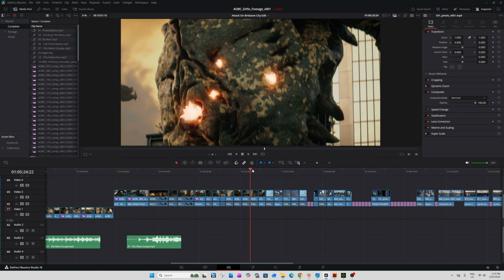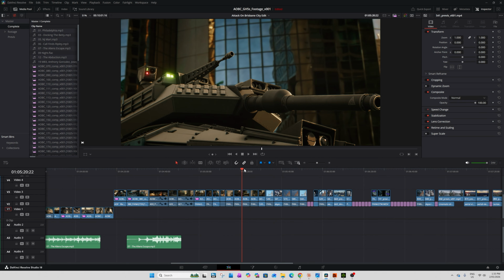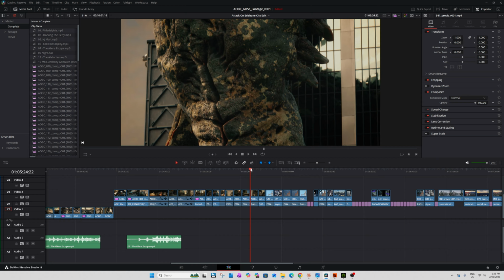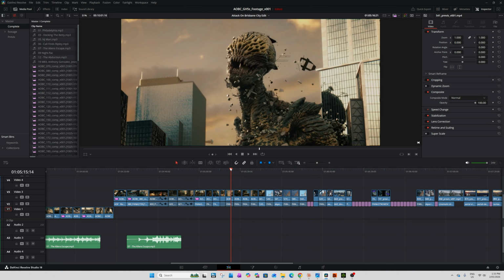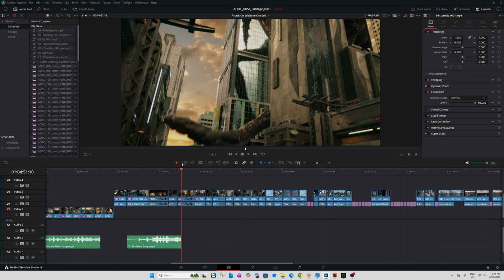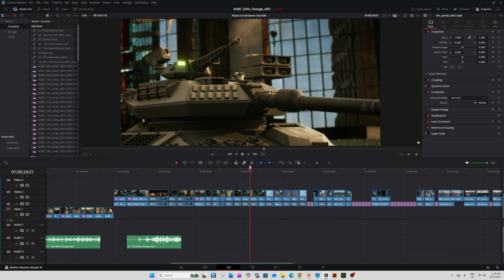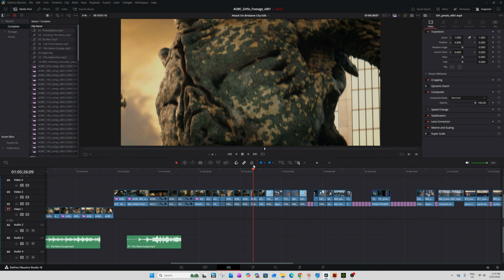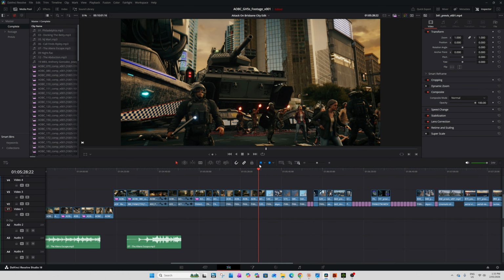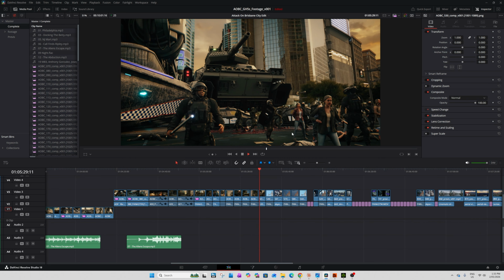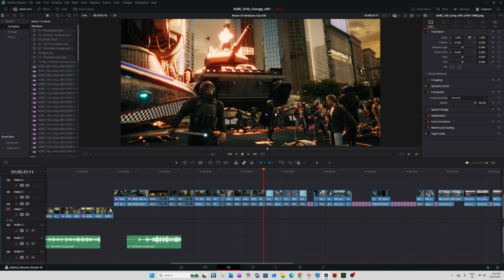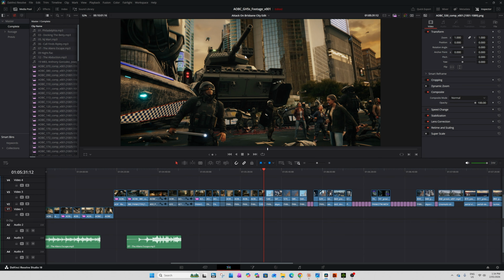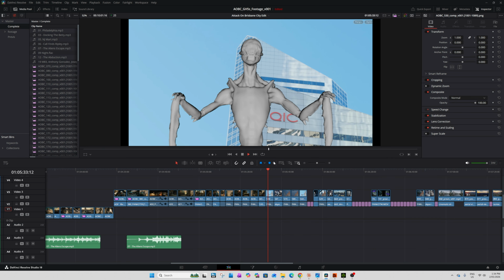And essentially, this giant creature has met up with a riot that's happening in the streets. And now the riot's fighting back. And this tank blasts.